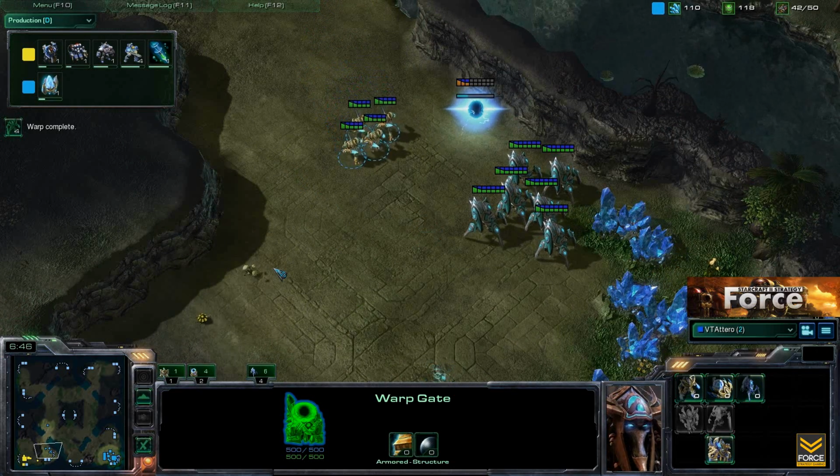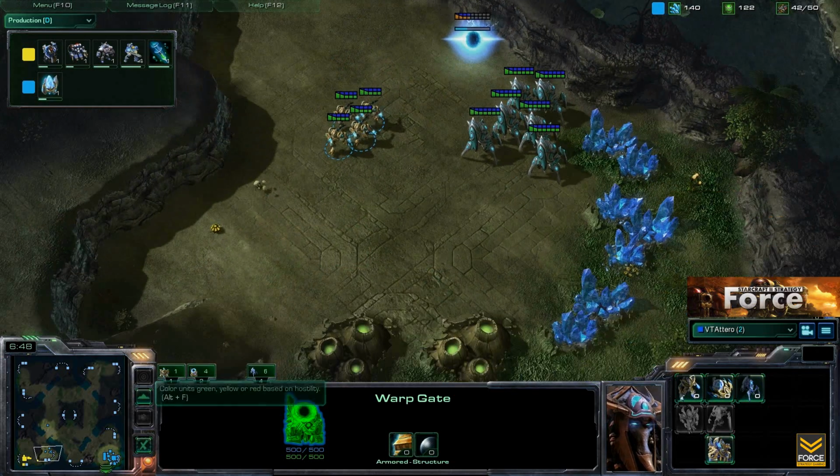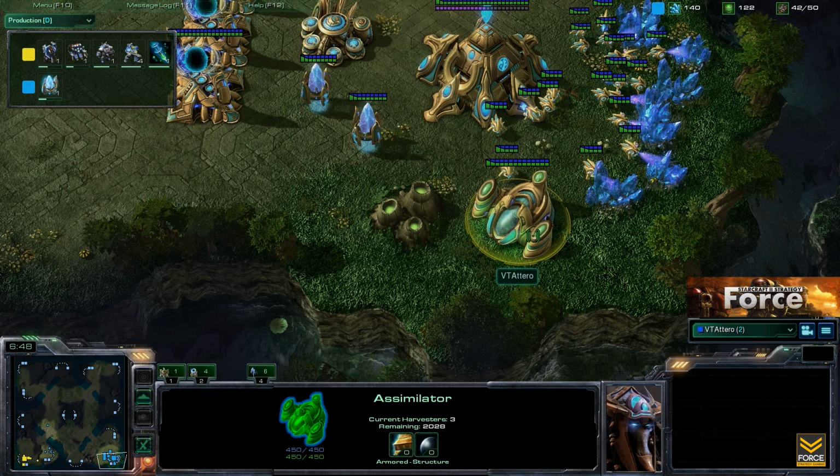Now something else to really know about what's happening here before we push in, I want to show you, you can notice that Adro is still on 1 gas. Now, there's a difference between a 2-gas 4-gate and a 1-gas 4-gate. In the 1-gas 4-gate, you're not really looking to get sentries. You might be able to eke in like 1 sentry, but with so little gas, by only having the 1